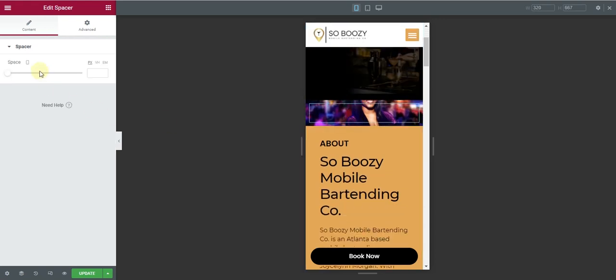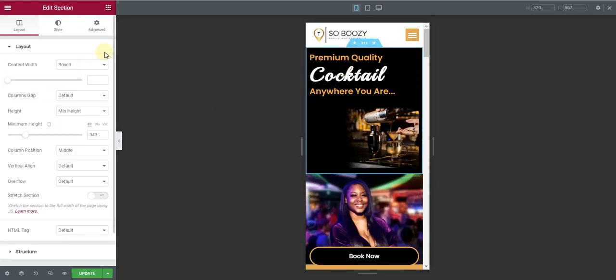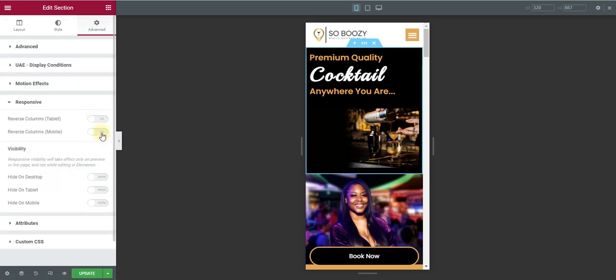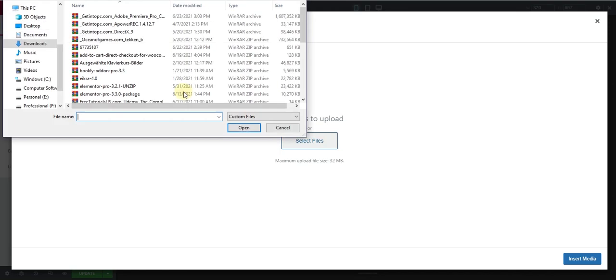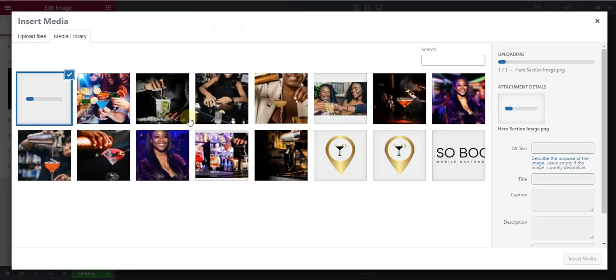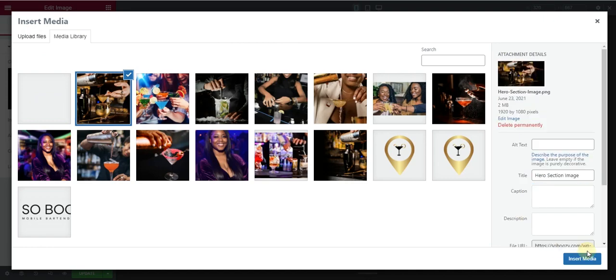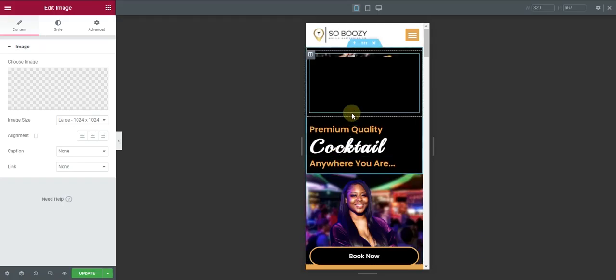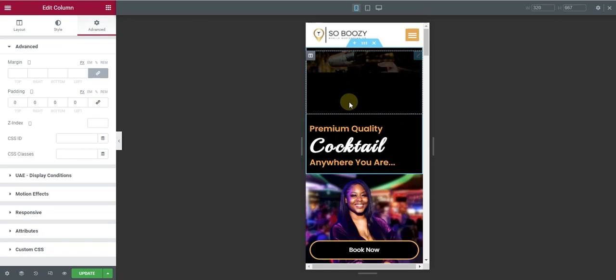Once that is done, I will increase the spacer so that my image appears, and I will reverse this column on mobile. But what I can do is upload the actual image that I have. So now my image is uploaded. I can use this image, and yes, definitely my image is large. It is taking some time to load. I will compress this image,